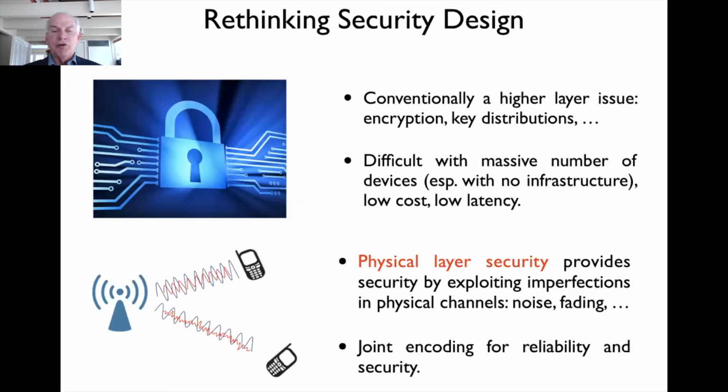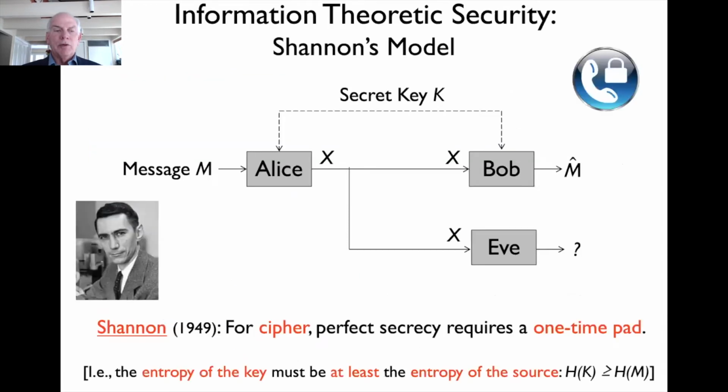In the end, just like we think about joint source and channel coding, you can think about physical layer security as sort of joint reliability and security coding. Reliability is channel coding; security is encoding for physical layer security. So that's the way to think about this. We're just moving security into the physical layer, just like we do the reliability of data transmission. So what is the basis for information theoretic security?